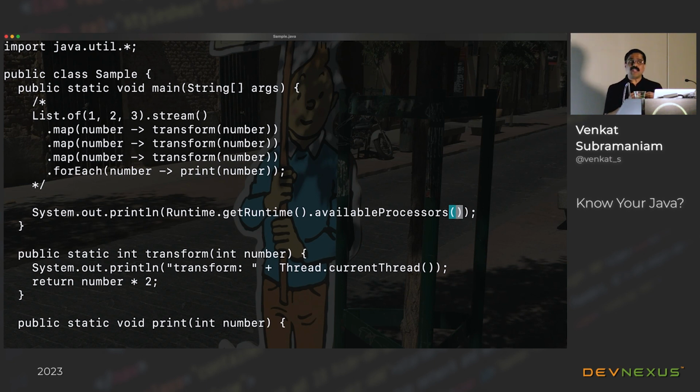This is done very cautiously. If you're doing computation-intensive jobs, you should not have more threads than the number of cores. If you create more threads than the number of cores, you may start thrashing your application. So the designers were very careful in deciding that the common pool will have one thread less than the number of cores, and the main participates in it as well.